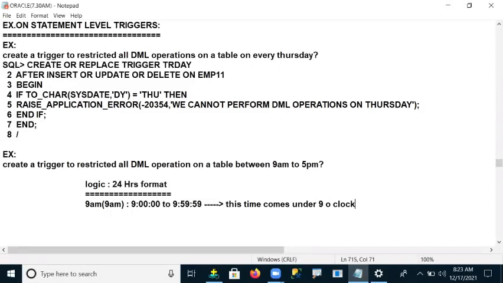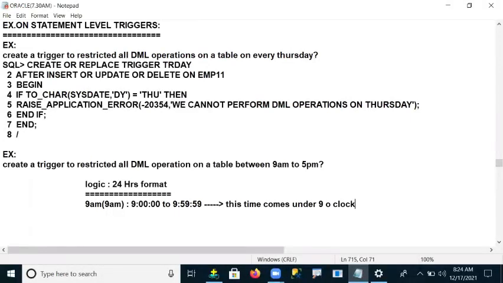Is it right or wrong? Yes, so it comes under 9 o'clock.